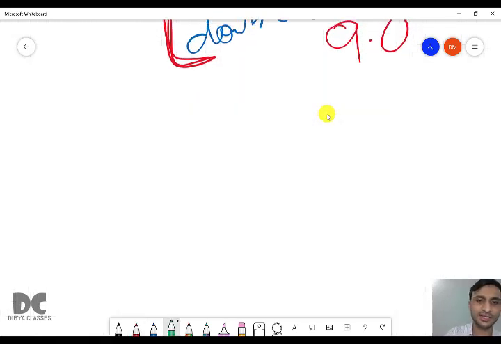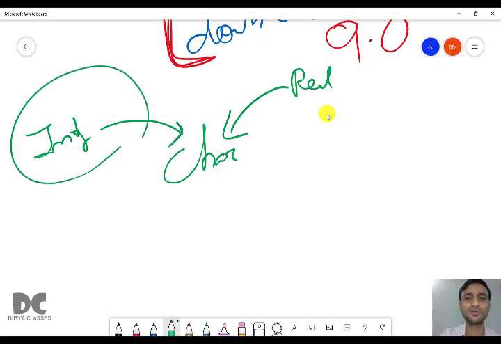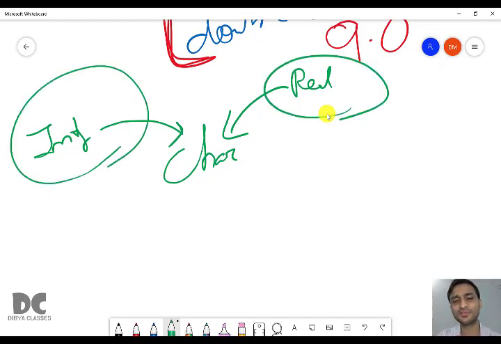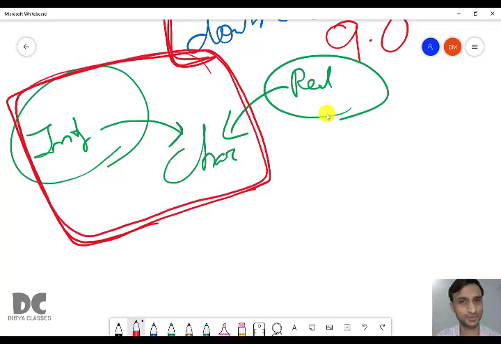So what is left is char. From integer data types to char and from real data types to char. That is from byte to char, from int to char, from short to char, from long to char. That is integer to character. Then real data types to character means float, double to character. For us, this is very important. We have to understand how to convert integer to character and from character to integer. This we will study in a later part of chapter 3.